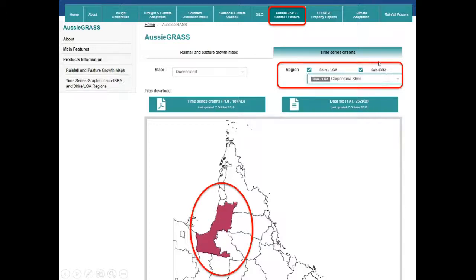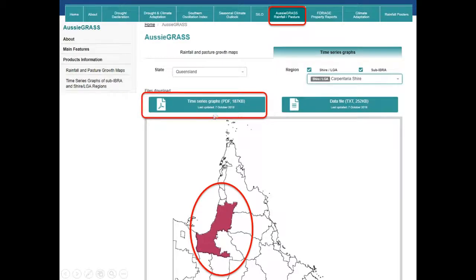There's 400 odd bioregions in Australia, and we can select, say for this one is the Carpentaria Shire, and what we get out of that is a series of graphs on a PDF, which gives you rainfall, temperature, pasture growth, pasture biomass, utilisation and cover